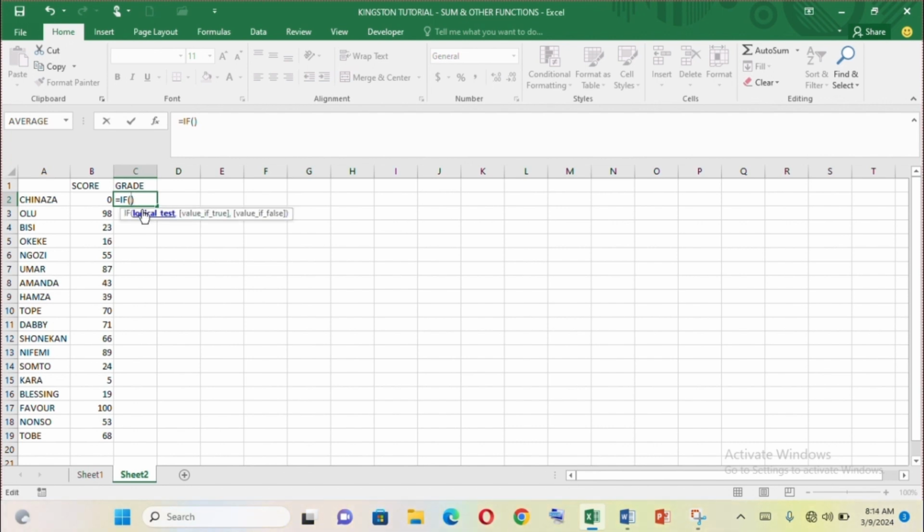Can you see they're saying logical test? What is the condition? So after the logical test, the value if true and the value if false. So let's write our logical test. We want to say if B2 is greater than or equal to 50, comma. Can you see that